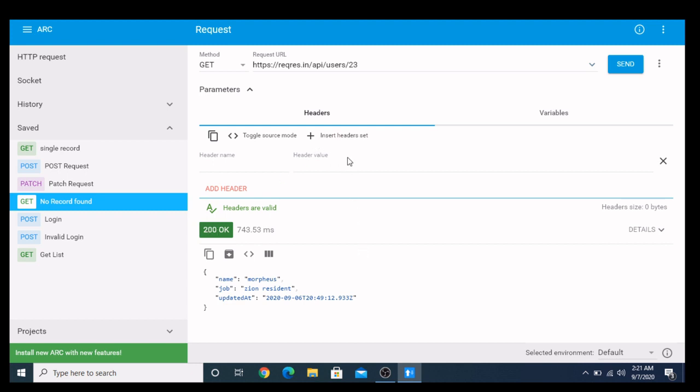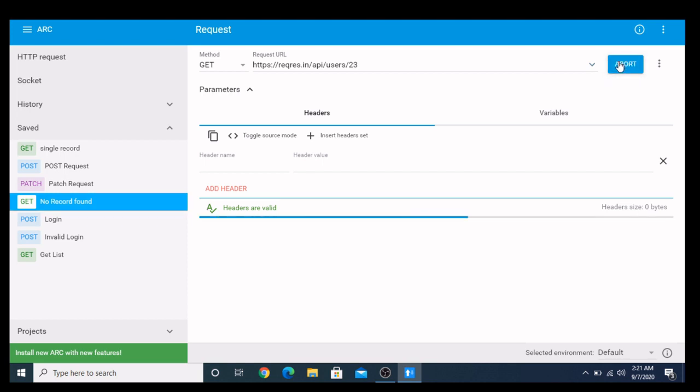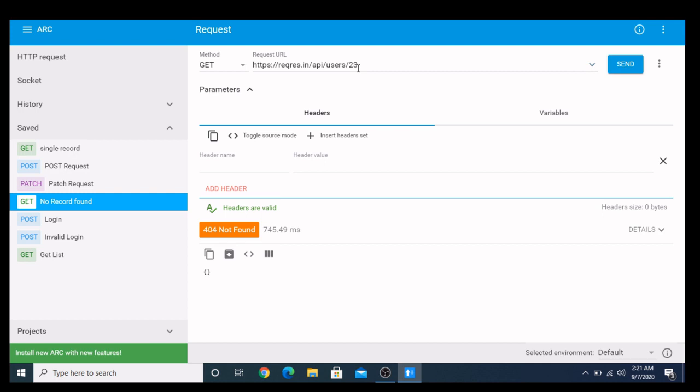Suppose now I am going to show you user ID 23, which is not available in the DB. Let's see what kind of response we will receive. Here we get 404, because the number which we have mentioned is in the path param, and this causes the error